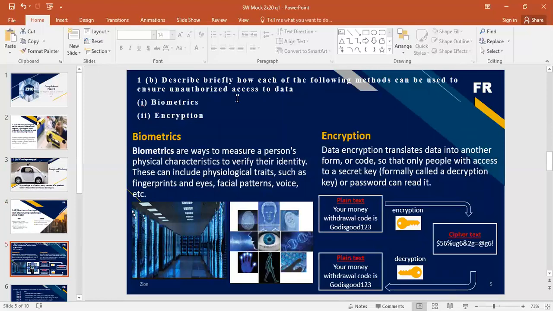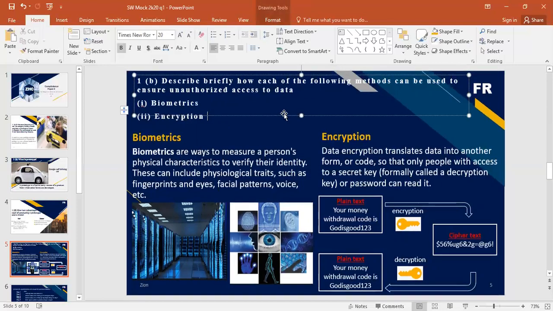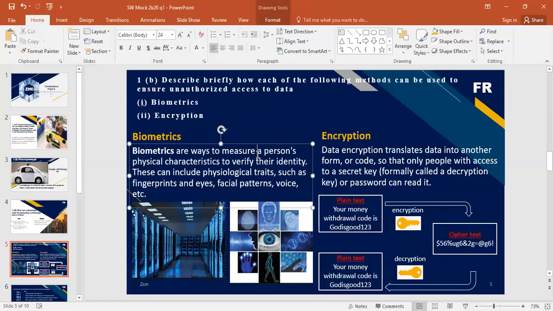1D, describe briefly how each of the following methods can be used to ensure unauthorized access to data. 1, biometrics. 2, encryption. Good, let's start with biometrics. For us to first of all understand how you can use that to secure data, let's get a definition. Biometrics